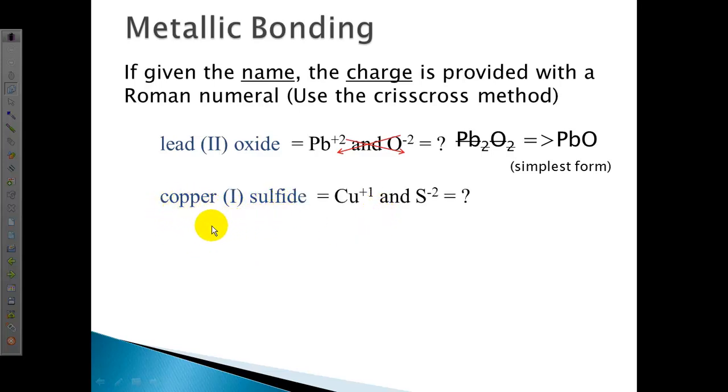Again, if they tell you about copper sulfide, you can't look at copper on the periodic table and tell its oxidation state. It has to be told. These are in Roman numerals, by the way. +1 would be its oxidation state. Sulfur from the periodic table needs 2 electrons, so it's going to take 2. It changed its name when it bonded, from sulfur to sulfide. So you crisscross, and you can write your formula. You need 2 coppers for every